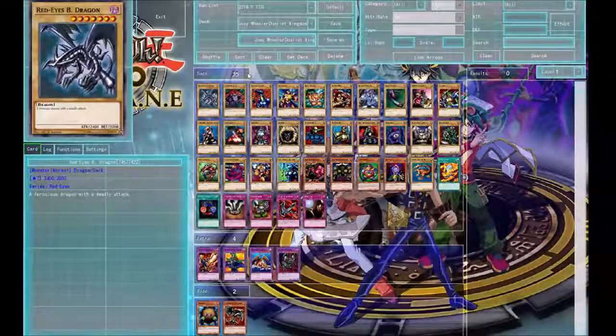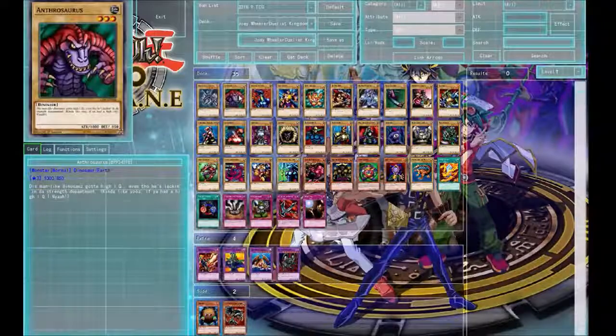So here we got his Red Eyes Black Dragon, and he won this from Rex Raptor in episode 12. So that's pretty cool. Next card is